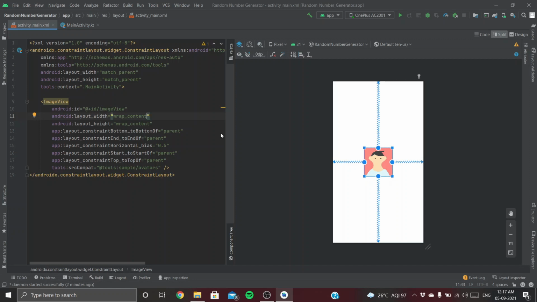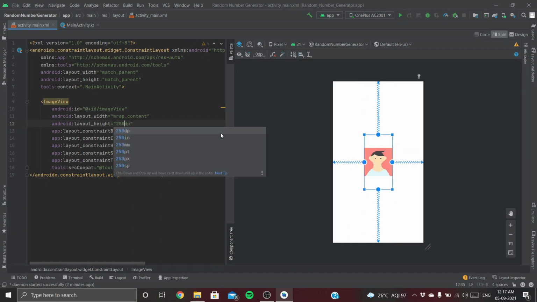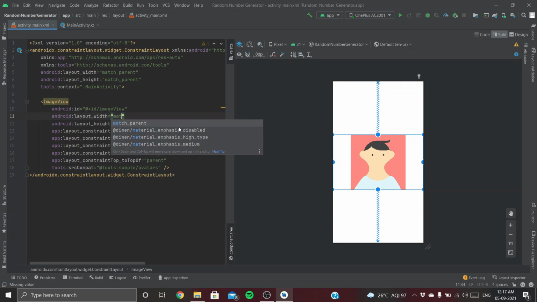We can also specify a specific dimension. We can do that by, let's say, giving the height as 200 dp. Cool. Let's say 250. Cool. We can also change the width to match parent, and what it does is extend the width till the parent layout.